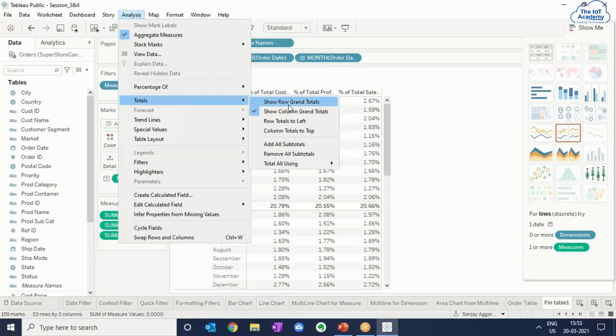So you can do row grand total, you can do column grand total, so you can indicate row totals to left, you can position them there, you can show column totals on the top, you can add all subtotals, you can remove all subtotals, and then you have this option of total all using, say, for example,